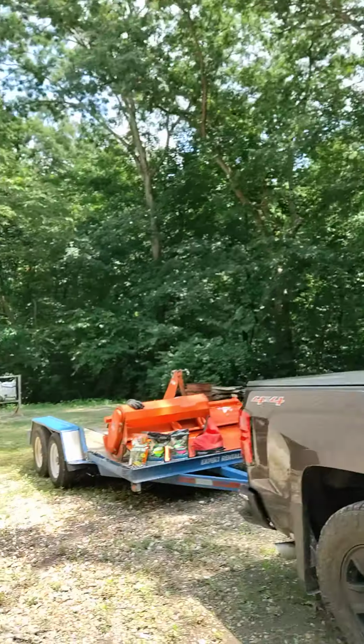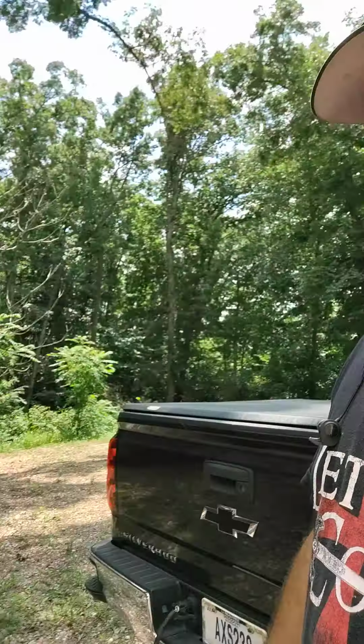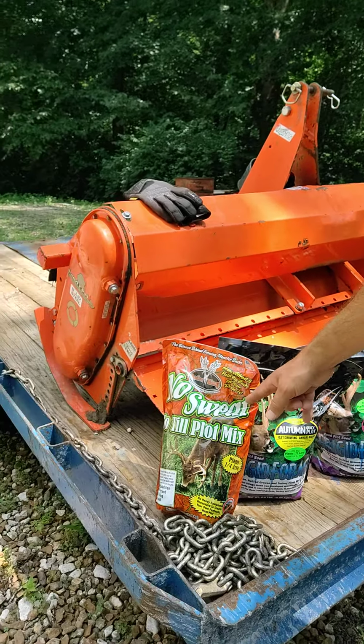And this is the shop. I'm going to have my little archery lane. This thing's 30 yards long, 60 feet. So I'm going to have an archery lane in there set up for the fall and the winter. So here we go. Let's see here. I have the Frigid Forage. I also have the No Sweat plot till mix from Antler King. I'm going to put that